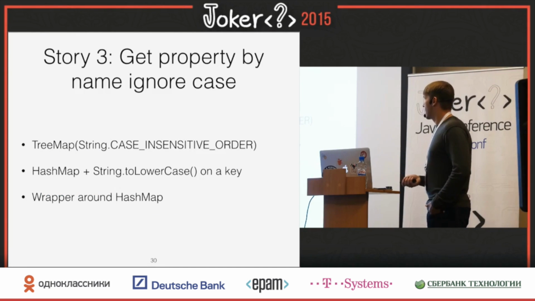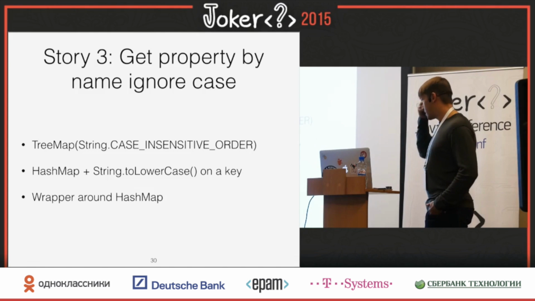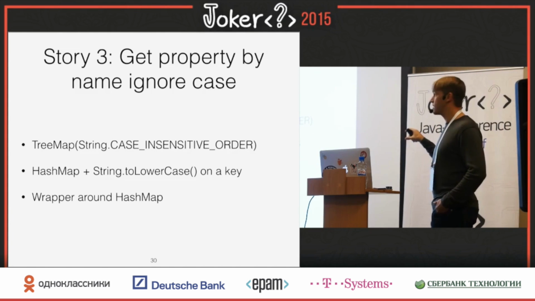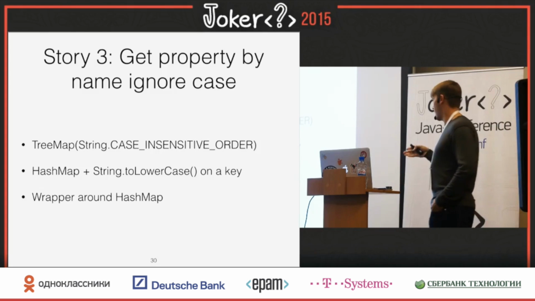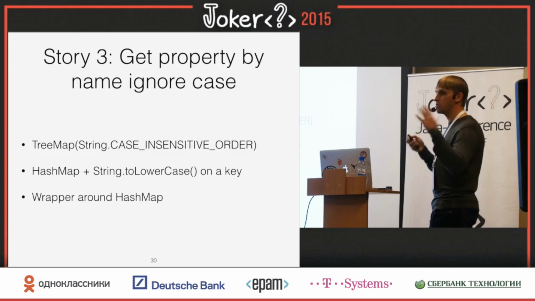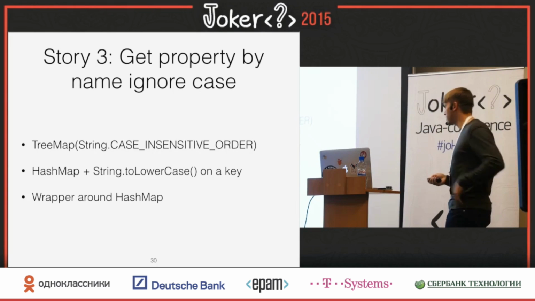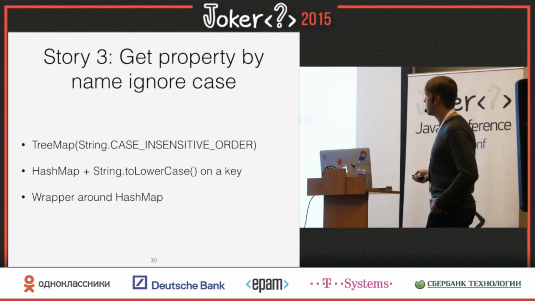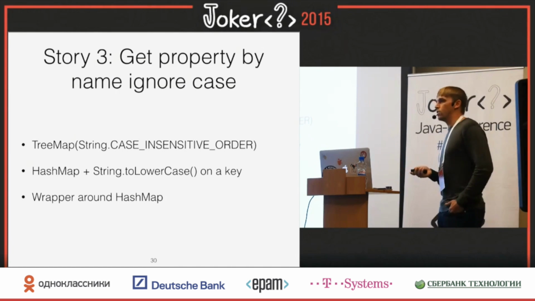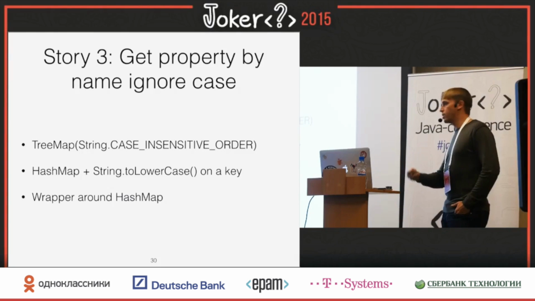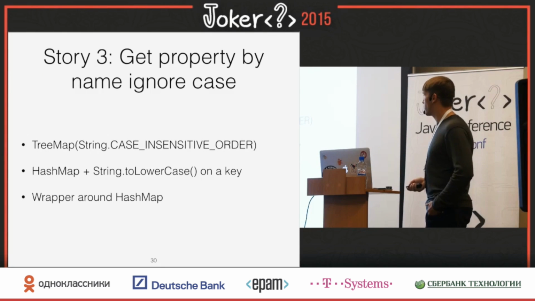You've also probably noticed on another slide I'm talking about little things, but these little things had a huge impact overall once they were solved. So one of the things we have to do: each domain object has a type descriptor, has a list of properties, and you have to do property lookups by key. But the contract is that it's case insensitive. So anybody can call getProperty with any case. So if you're on JDK, you normally do this: TreeMap with case-insensitive order, or you do HashMap and lowercase the key. Or you do something clever.